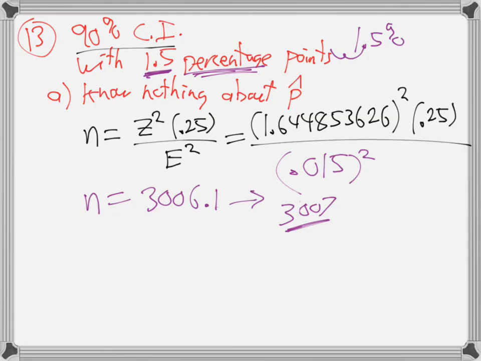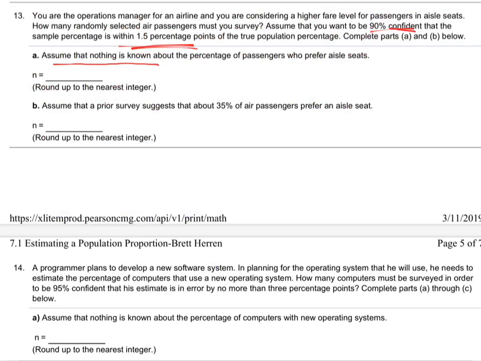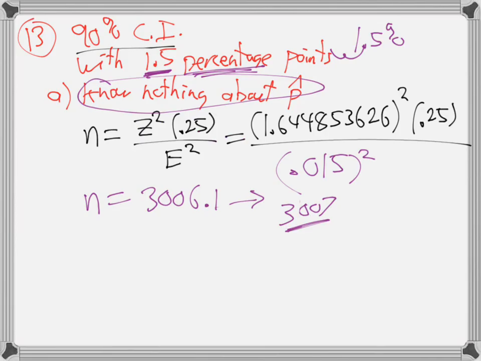Part A will be where you know nothing about p hat. And then part B, they'll give you p hat. It's going to be the same thing on all these problems. So part B, they're saying now the survey says 35%. That's p hat. You see the drill? See what they're doing? They're going to do that every time on these problems. They're giving me p hat is 35%. So part B,